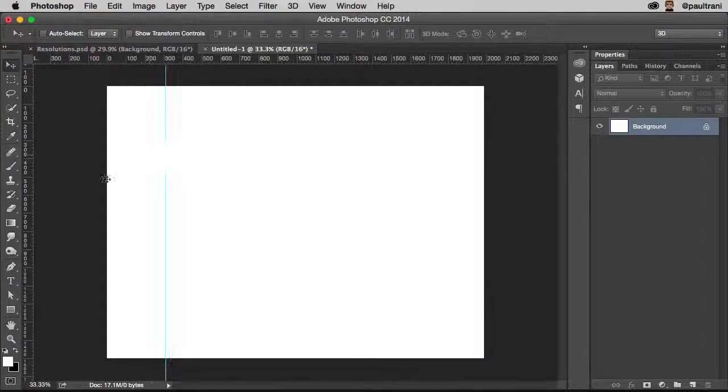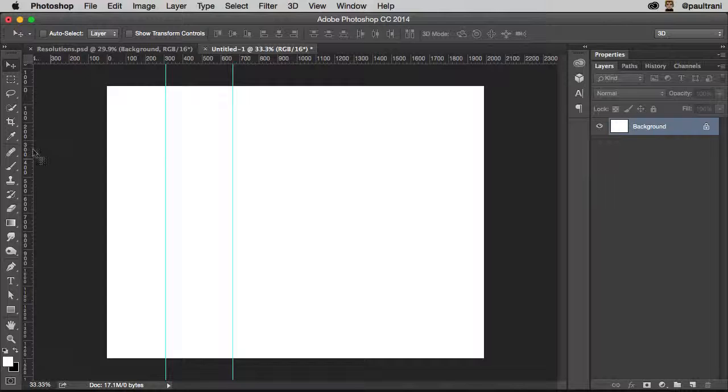I also want to break habits when it comes to design, okay? Especially in Photoshop. I want to show you 5 things that you shouldn't be doing and 5 things that you should, okay? Starting off, here I am in Photoshop, and typically what people do is they'll start dragging out guides